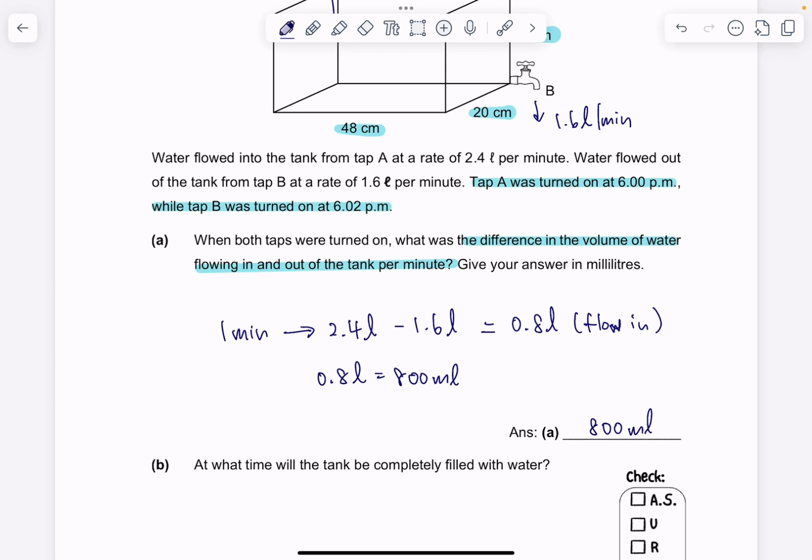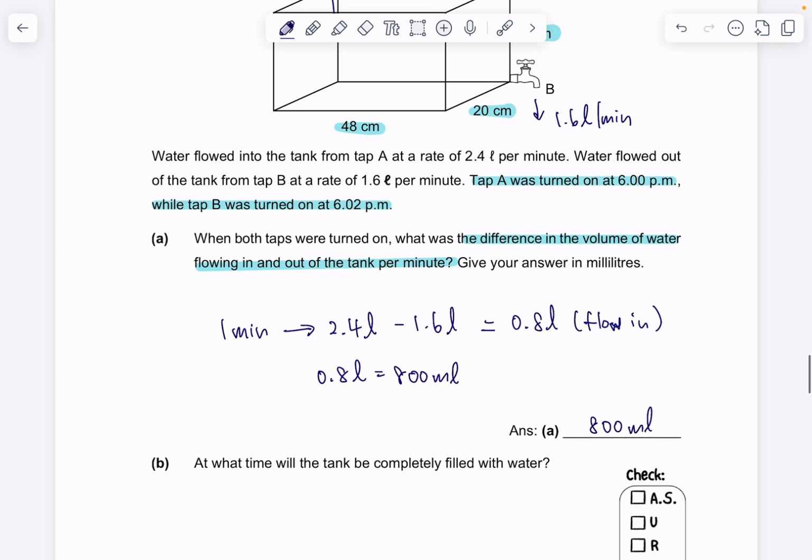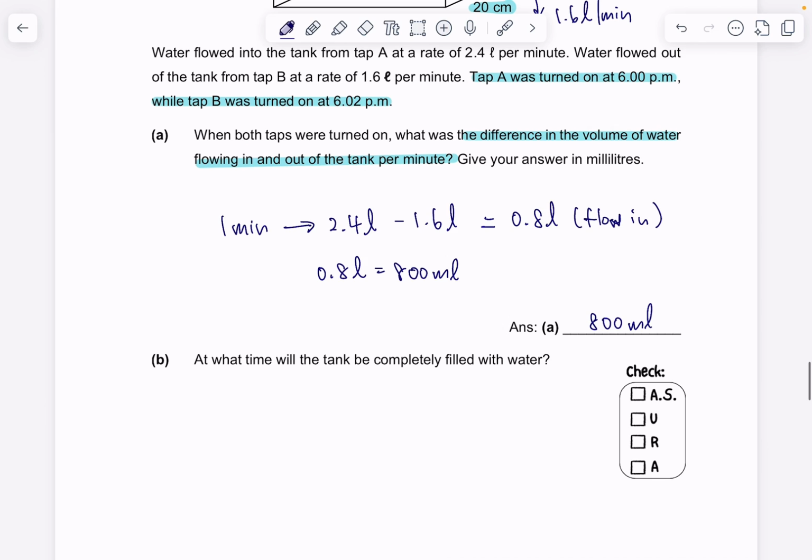milliliters in a minute. For part B, what time will the tank be completely filled with water? So then we must break this entire scenario into two parts. First part is when it's 6 p.m. until 6:02 p.m. where tap A was turned on. So there was only tap A. Then until the time, which is the question mark in this question, we have tap A and B both switched